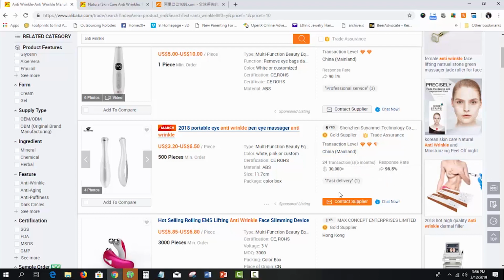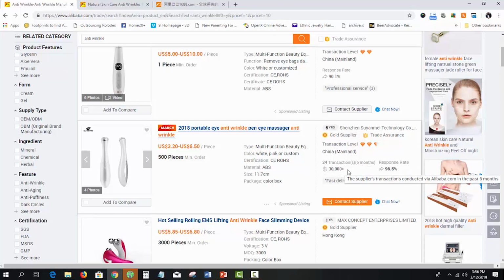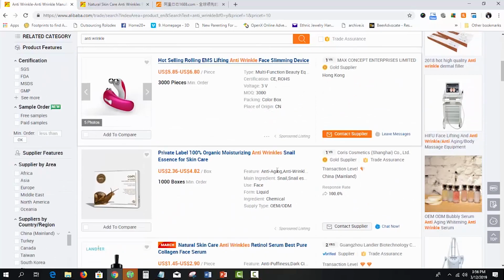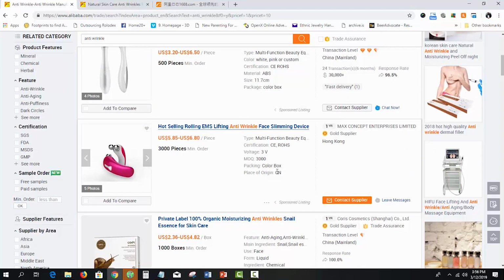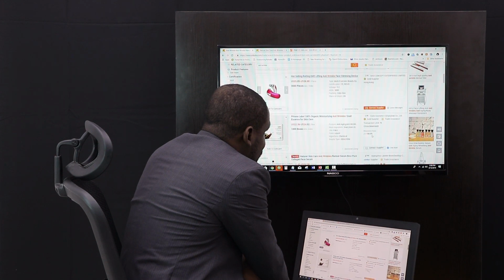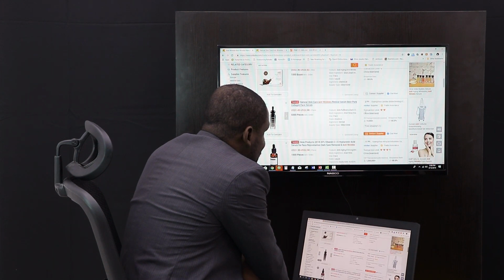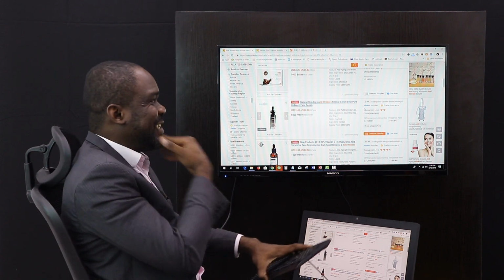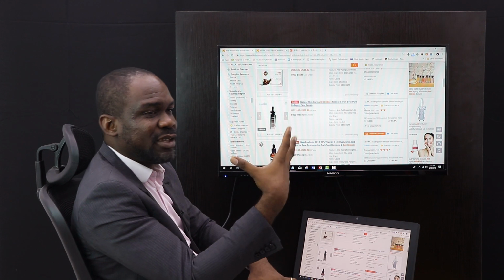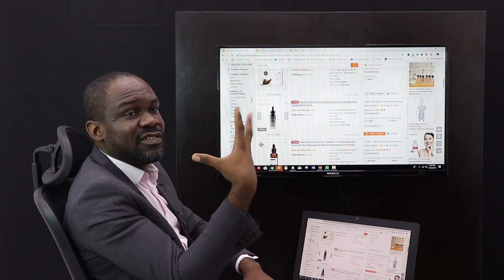right? And these are people's comments. Someone said, fast delivery. 24 transactions in the last 6 months, average of $30,000, right? Now let's keep going. So these guys are 1 year old, these guys are 1 year old, these guys are 2 years old. Now, why is the number of years they've been on Alibaba important? It's important because the longer they have been on Alibaba, it shows the longer they've been in business,